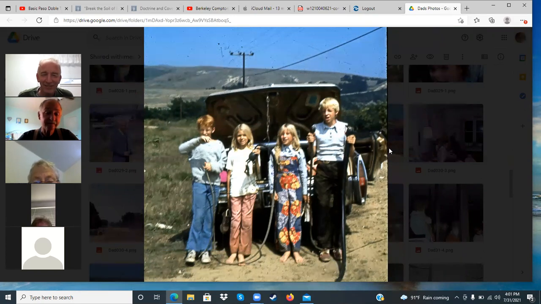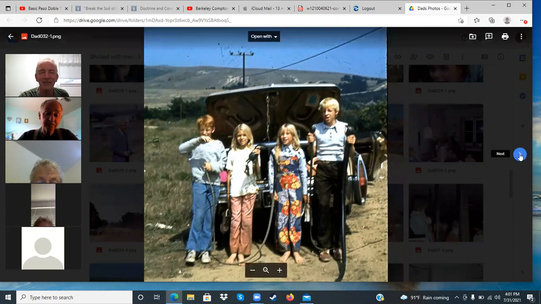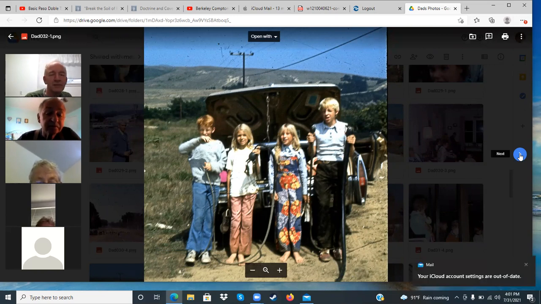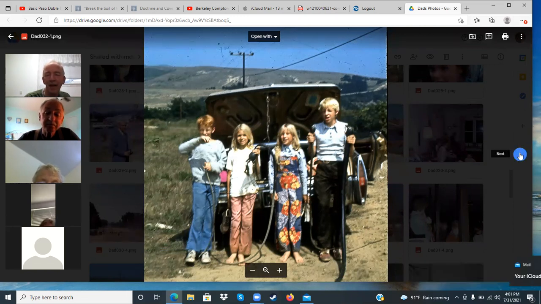Any idea what the occasion was here? No. Car broken again. We got the hill in the background. Does that give us a location? It's not a very demonstrative hill. It doesn't say anything about Southern Utah. No, it's not a big hill. What are the hoses that are being held? I don't know. I was looking at that.